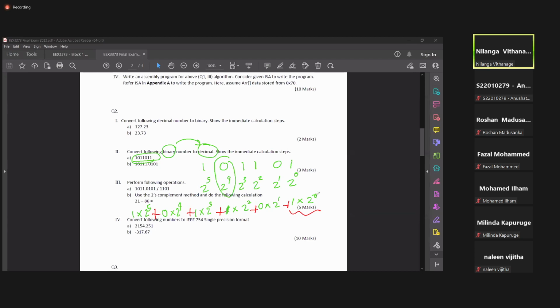2 to the power 0 means 1, no? 1 multiplied by 1 means 1. Here it is 0. We are multiplying by 0, so it is 0. This is 2 to the power 2, which means 4. 1 multiplied by 4 means 4. Right? 2 to the power 3 means 8, so 8 multiplied by 1 means 8. And then 16 multiplied by